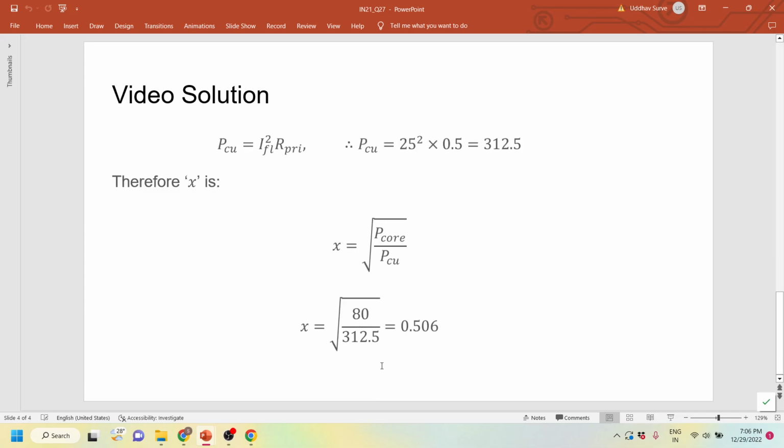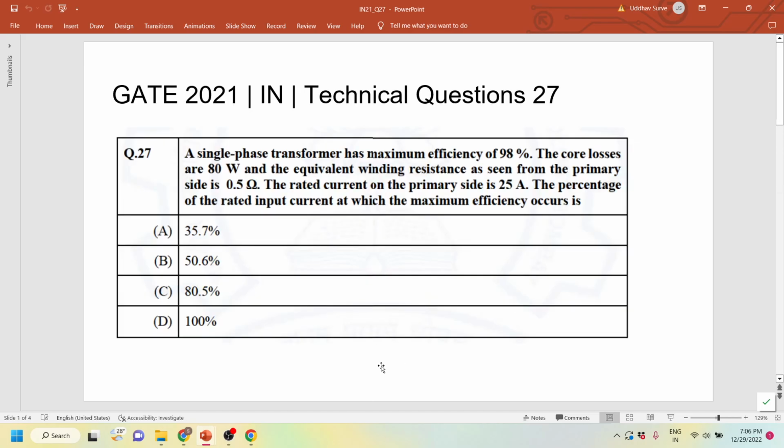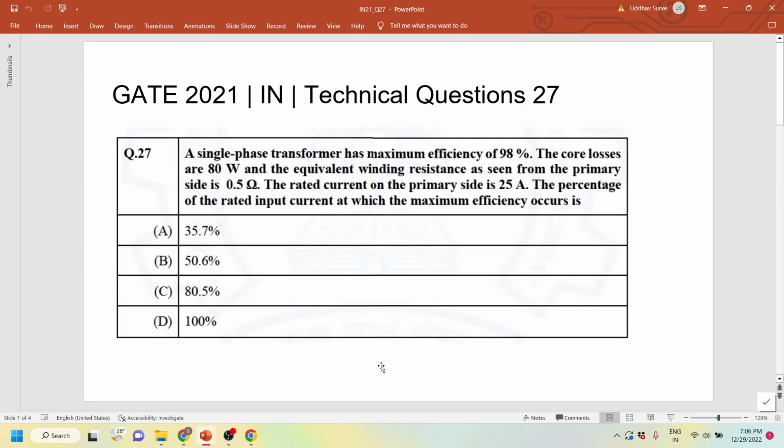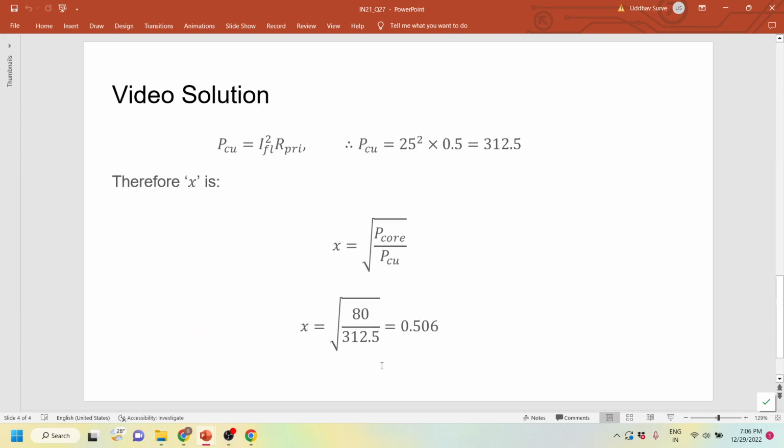Now, as I said, PCU, that is the copper loss, is I square R, with R being the primary resistance, and let us calculate it for full load. The full load current is given in the question as 25 ampere. So PCU is equal to 25 square into 0.5 ohms, that is the resistance that is given. The equivalent winding resistance seen from the primary side is 0.5 ohms. So PCU is equal to 25 square into 0.5,